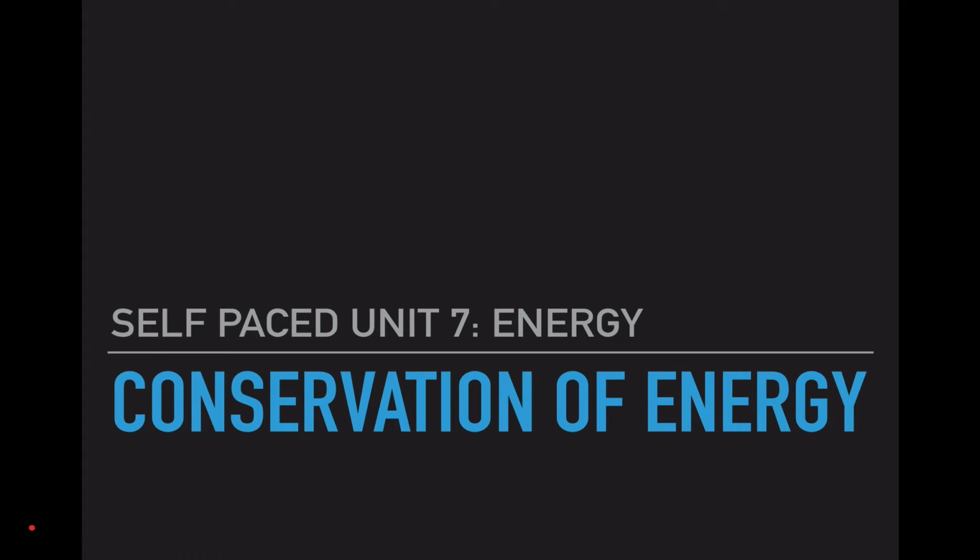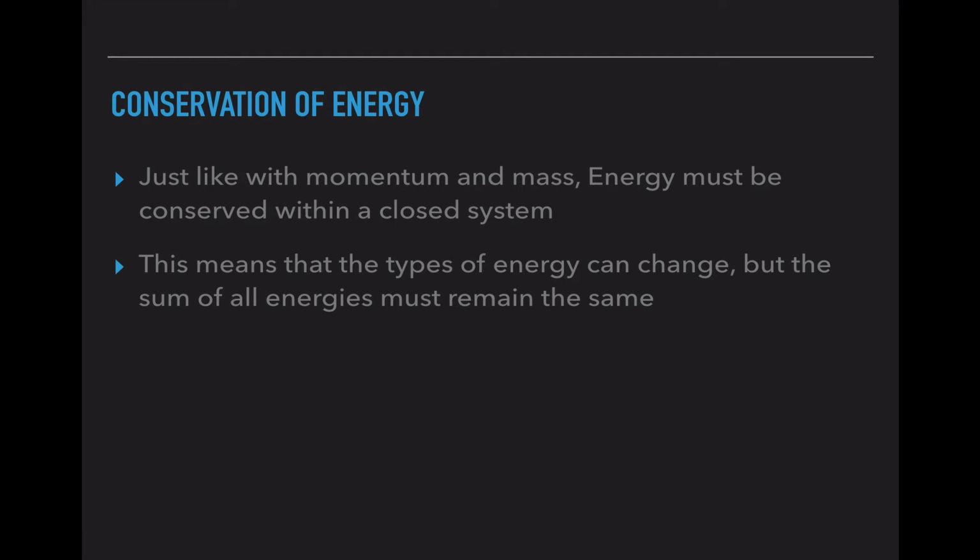Hey guys, today we're going to take a further look at energy and how energy is conserved in all scenarios. Just like with momentum and mass, energy must be conserved within a closed system. This means that the types of energies can change, but the sum of all energies must remain the same. So for example, if we have a total of 100 joules of energy, we can have it split up between